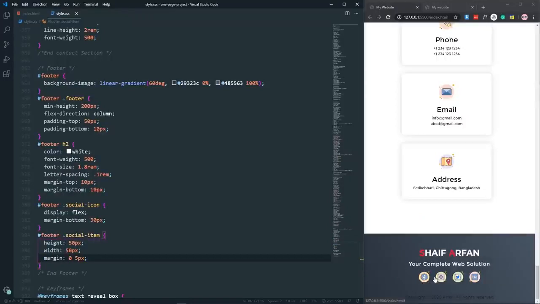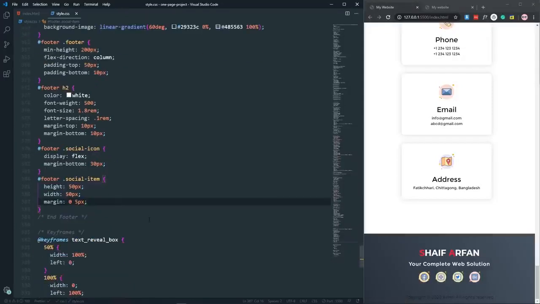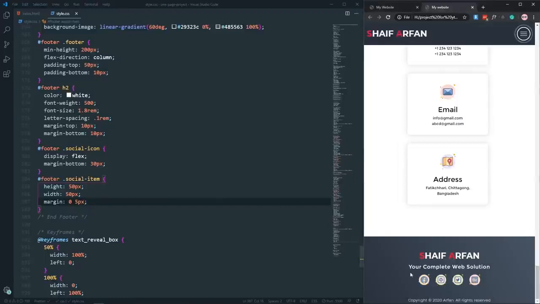So as you can see, we have margin for the left and right only 5 pixel, and we have our icon resized by 50 pixel. So if you notice, our icon is kind of black and white,